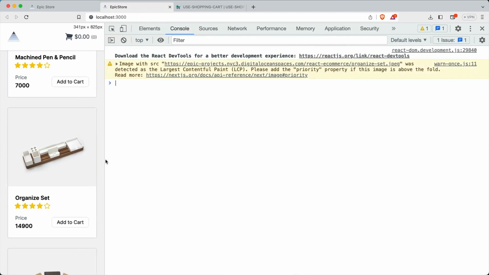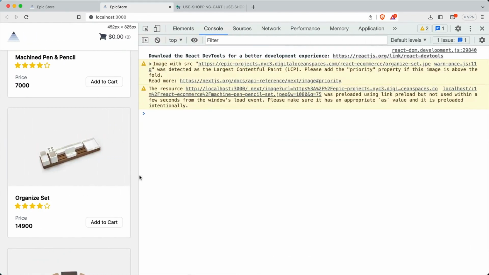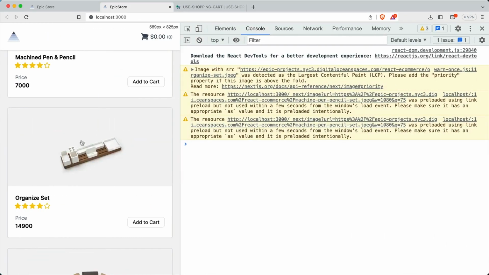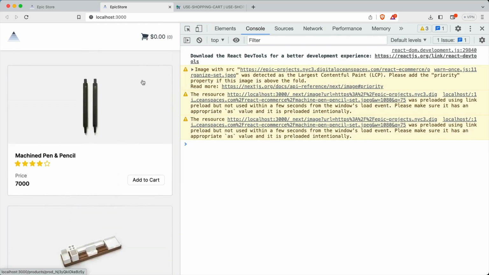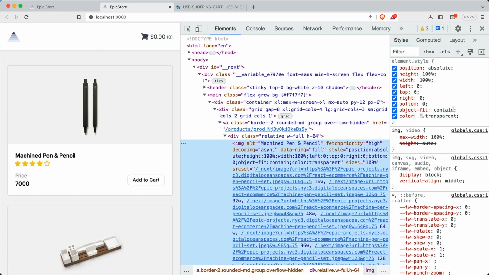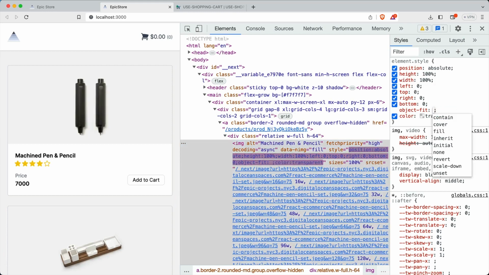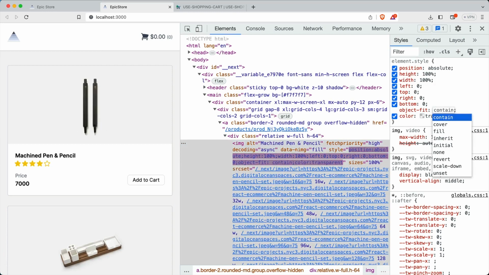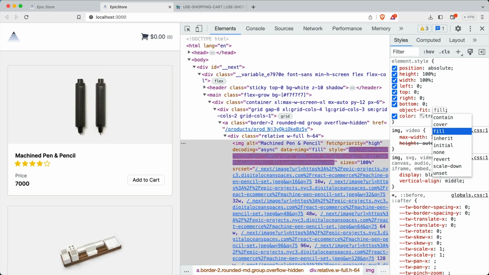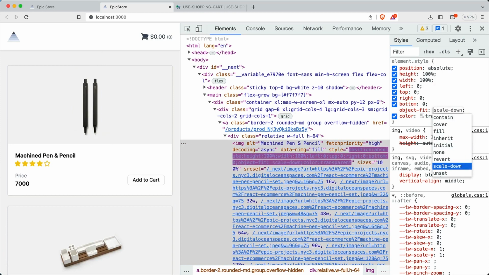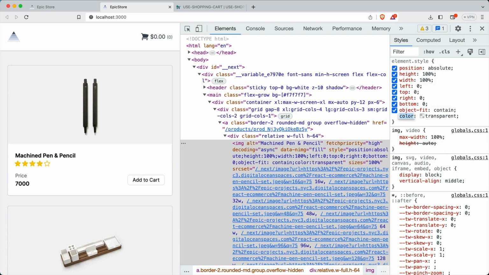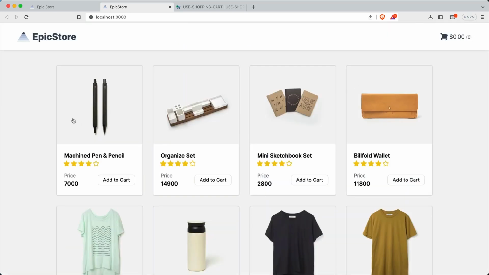So once that's applied, you'll see that even if our card is very large as compared to the image, it doesn't stretch along with it. And you can take a look at how these different values of object fit can modify our image by playing with contain, cover, fill, as well as some additional values. But contain is what we want specifically for our product card images. We've successfully